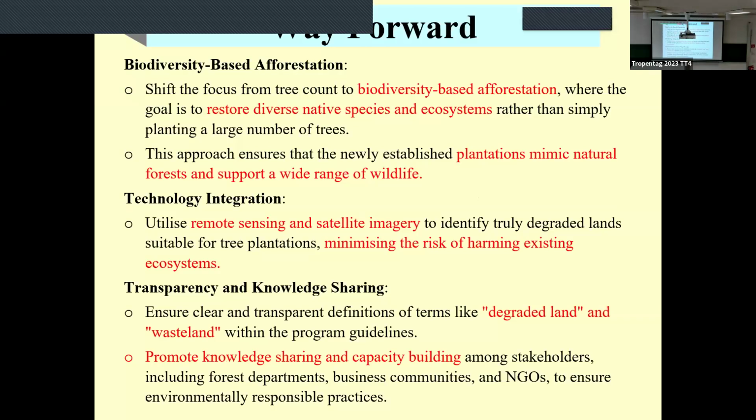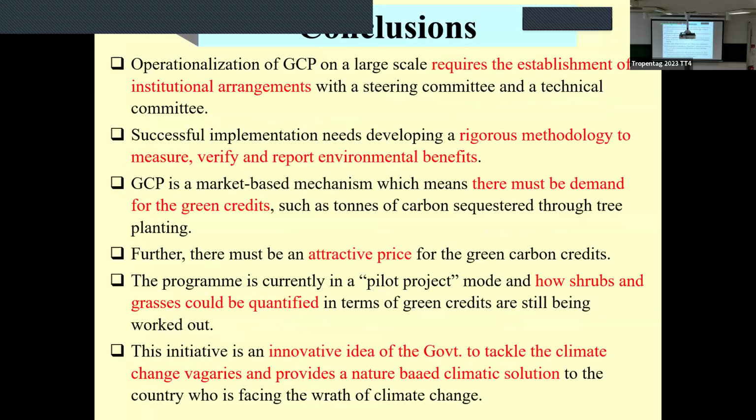Then technology integration is always needed, because our department is reporting the land parcel under the register based on the field budget, but no technology has been integrated. And there are 2 terms, degraded land and wasteland. When we are merging these, pasture land and grassland also come under wasteland, but when trees are planted there, then there is ecological imbalance. So we need to differentiate between degraded land and wasteland, and then of course knowledge sharing and capacity building are always needed. Time is over,